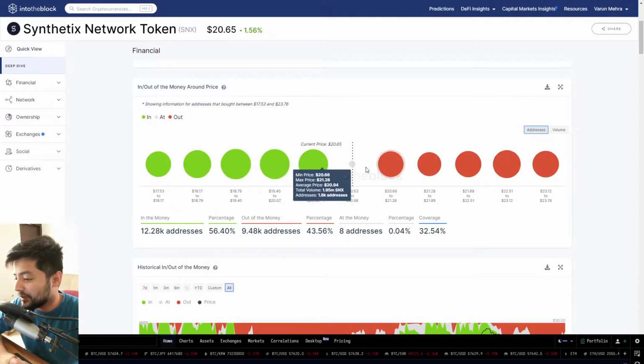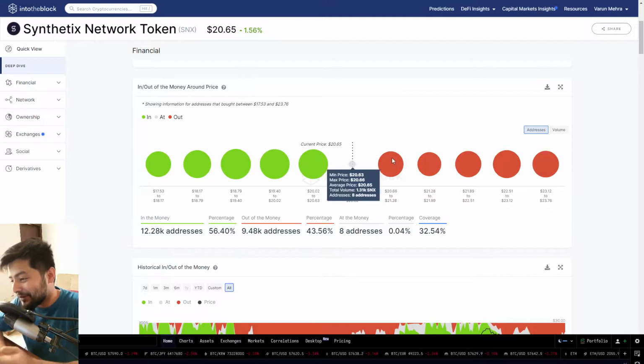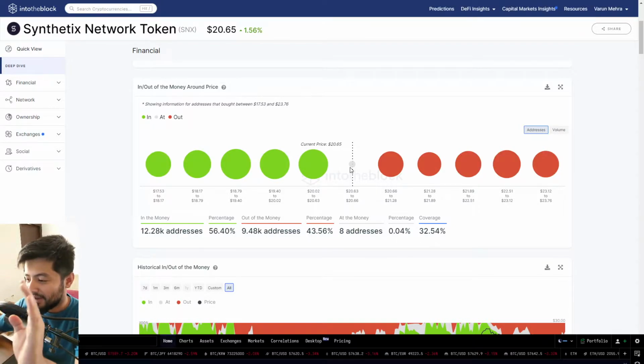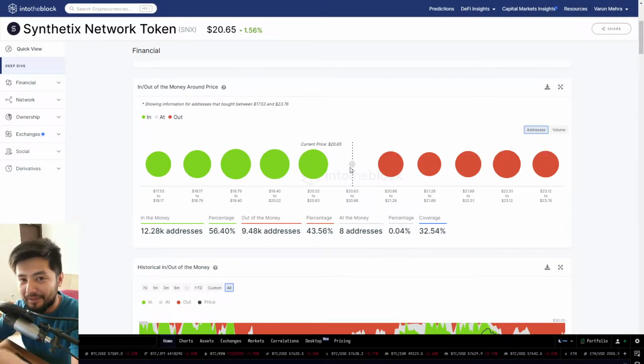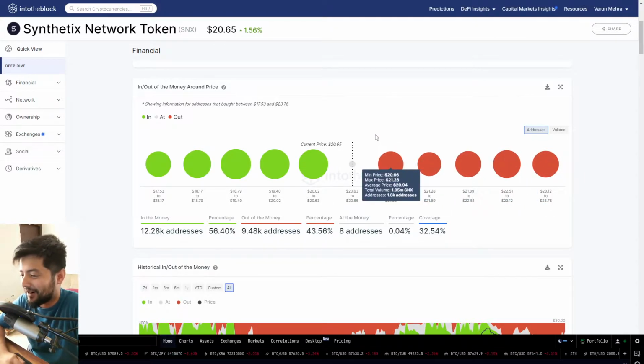As you can see, most of the people who started accumulating Synthetix below the $20 level are completely equal to the people who started holding above the $20 level. So we are at an inflection point of Synthetix. It's a bull market right now, and when you come across these key inflection points where the hodlers and the latecomers are equal in amount, some changes could certainly take place in the market which could shift the balance, maybe in favor of people who have been hodling, or maybe in favor of people who entered above the $20